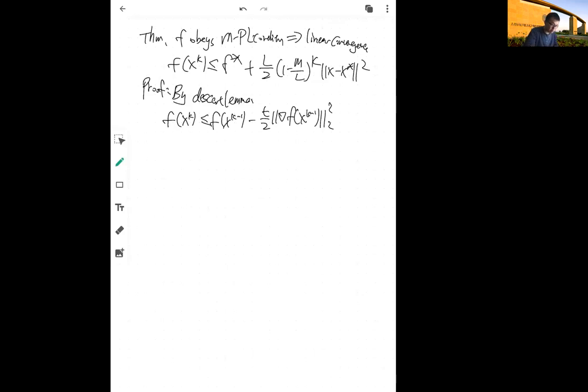And now I recall that the PL condition tries to use the gradient to bound the suboptimality. So we can just apply the PL condition, and that gives us f(x_{k-1}) minus m t